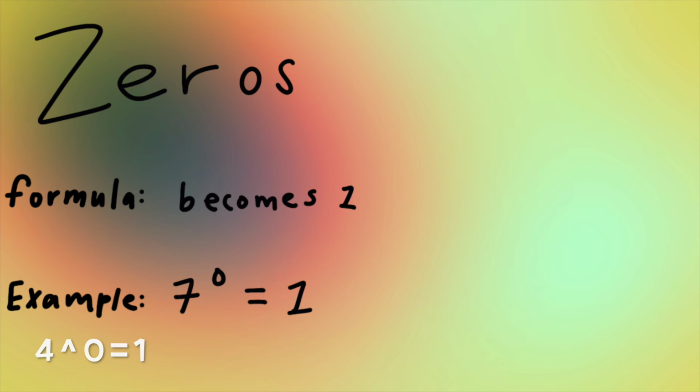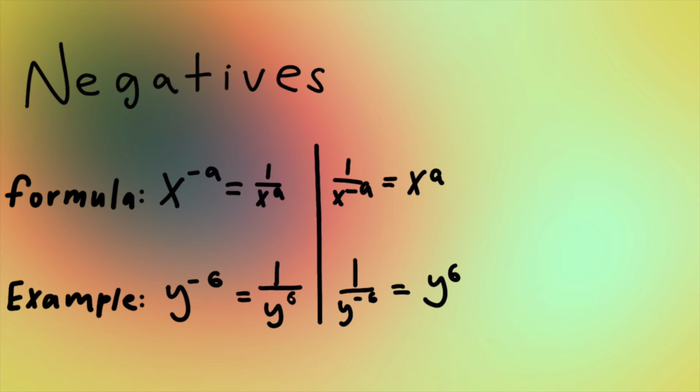And lastly, negative exponent rule. For this, you are going to eliminate the negative exponent by changing it to the denominator if it's the numerator, or if it's already the denominator, change it to the numerator. The formula: x to the negative a power, which you would change to be positive 1 divided by x to the a power. And then, if you had 1 divided by x to the negative a power, you would change to